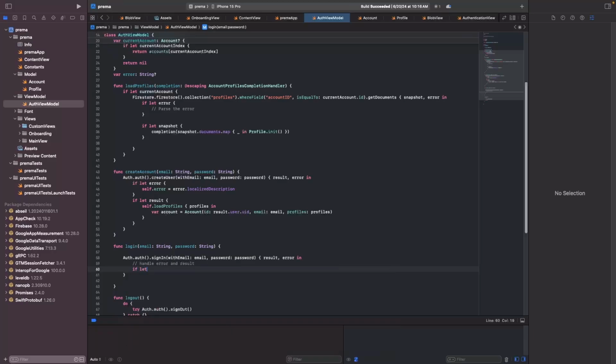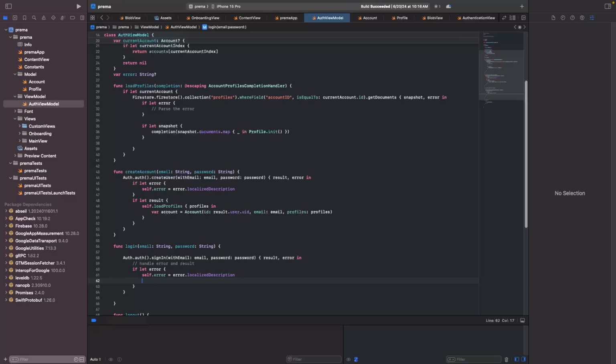And so we just do if, nah, okay, that's fine. We just do if let error, same thing that we did early on. We'll do self.error. Oh, actually, we didn't do anything for logins. Actually, self.error will be equal to error